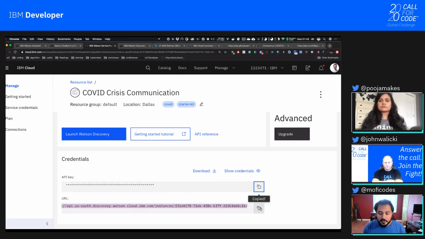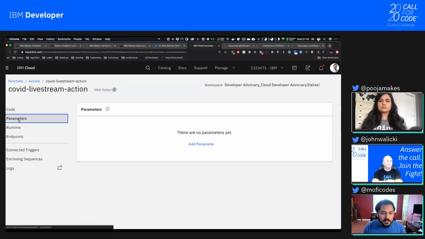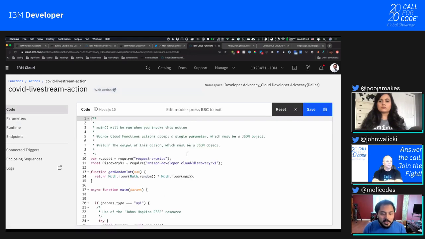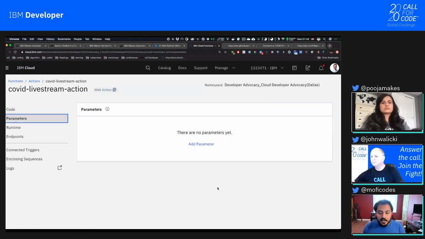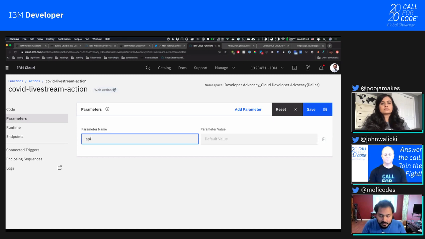So we're going to copy those two things, jump into our functions, click on parameters, and you can click create parameters that are passed by default every single time. In your code, you can see that our main function gets a variable passed in called parameters. If you set some parameters in the left pane here, every time the function is called, those parameters will by default be passed here. So I will create some default parameters called API key, and the URL. I will have to copy